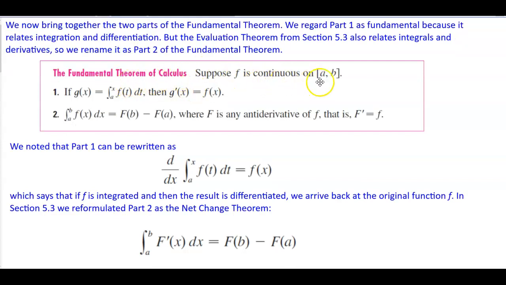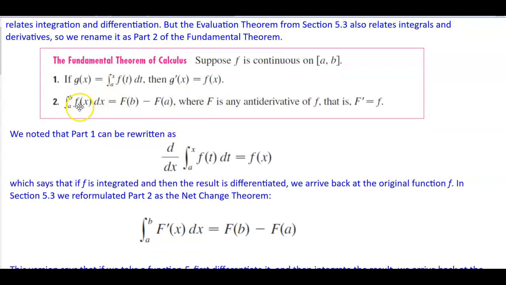Suppose f is continuous on a closed interval from a to b. Number 1, if g of x is equal to the integral of f of t dt from a to x, then g prime of x is going to equal f of x. Part 2, the integral of f of x dx from a to b is equal to F of b minus F of a, where F is any antiderivative of lowercase f, that is, F prime is equal to